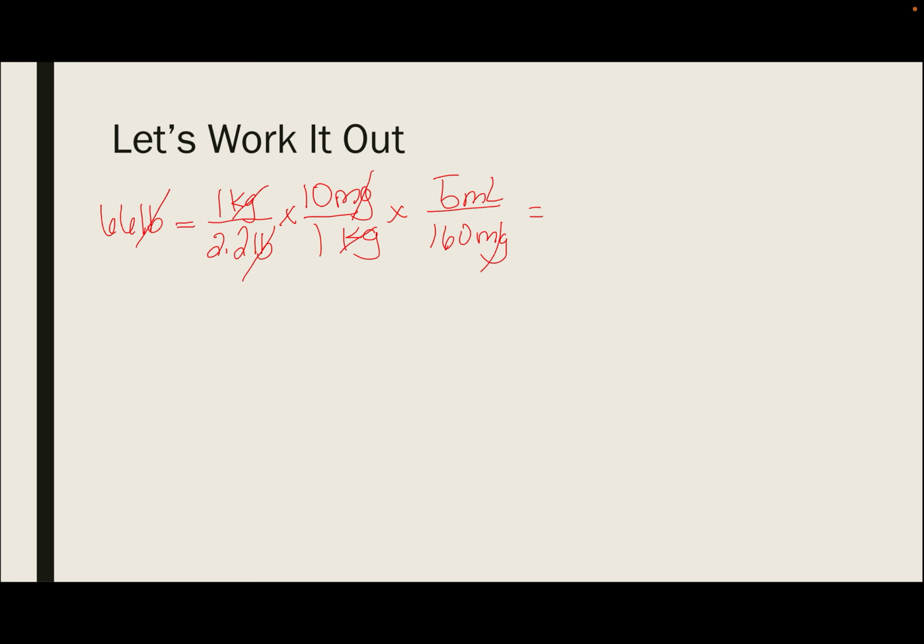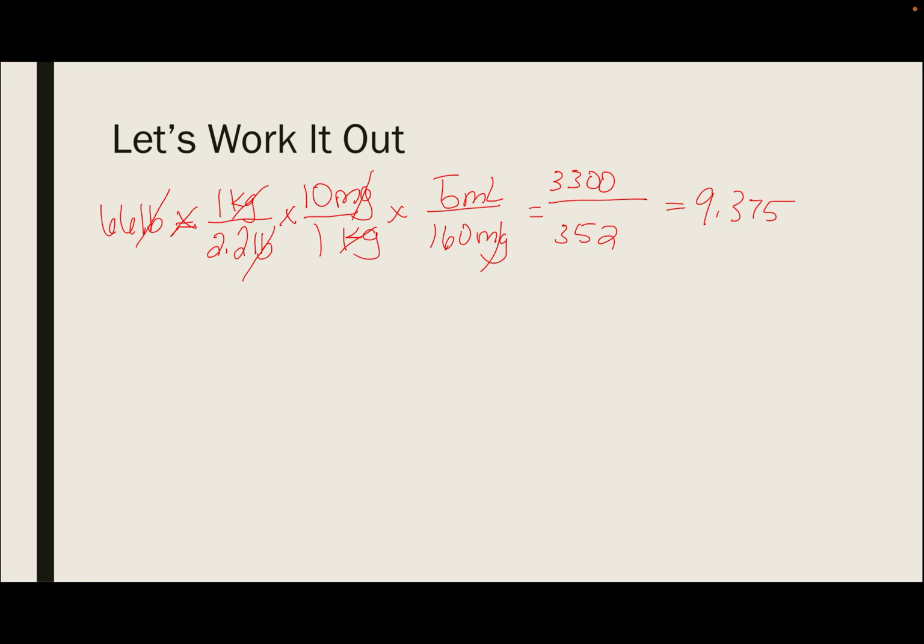Okay, and now we're just going to multiply everything up top. That should go there. Okay, so we're going to now take 66 times 1 times 10 times 5, and we get 3,300 on top. Okay. And then underneath, we're going to do 2.2 times 1 times 160, and we get 352 on the bottom. And now we're going to actually calculate those numbers and divide. So 3,300 divided by 352 will give us